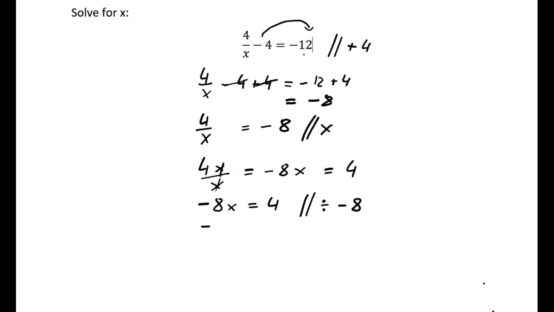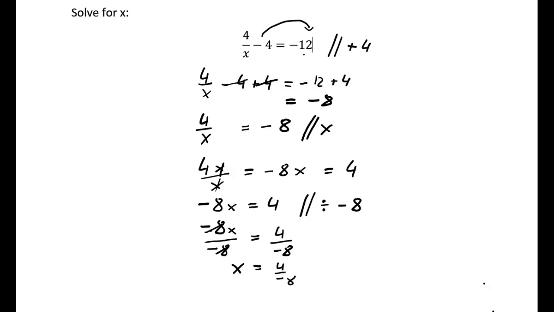So what we get is negative 8x divided by negative 8 equals 4, and we also divide it by negative 8. And what we see is that the negative 8 cancels out, and we've got x on its own equals